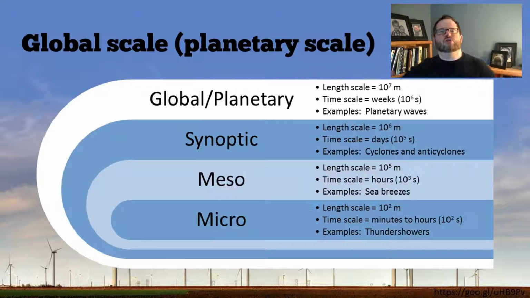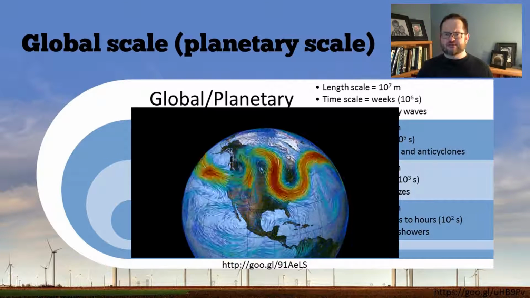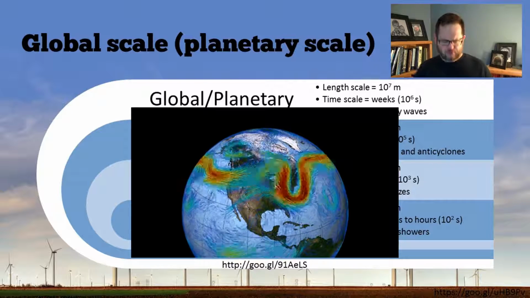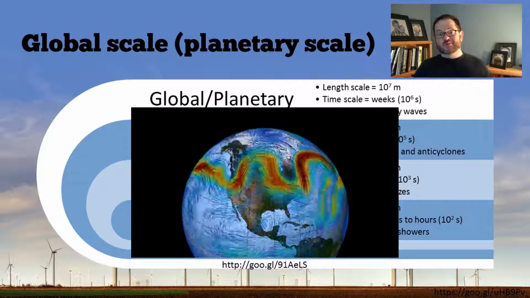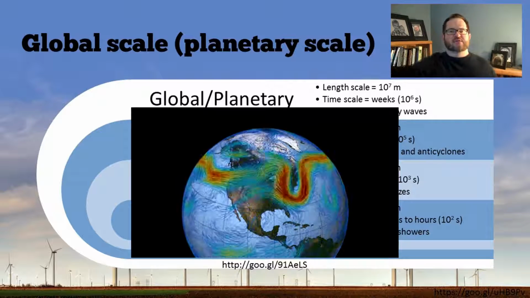We're talking almost on the order of tens of thousands of kilometers. These are very large scale features of the Earth's atmosphere that persist for weeks or longer. And I hate the example that they give you, because they say planetary waves, and that probably is not helpful to you. When we say planetary waves, what we're talking about are these meanders that happen in the flow, particularly